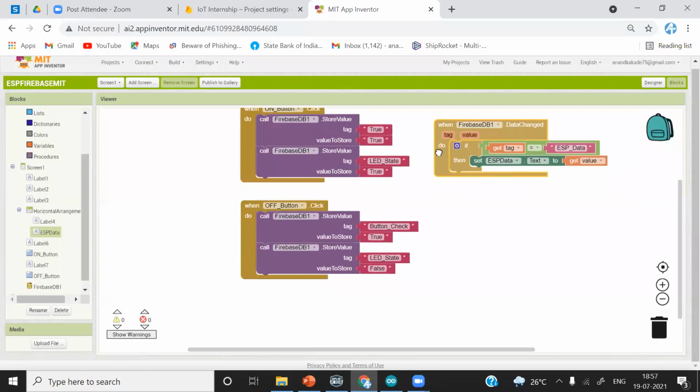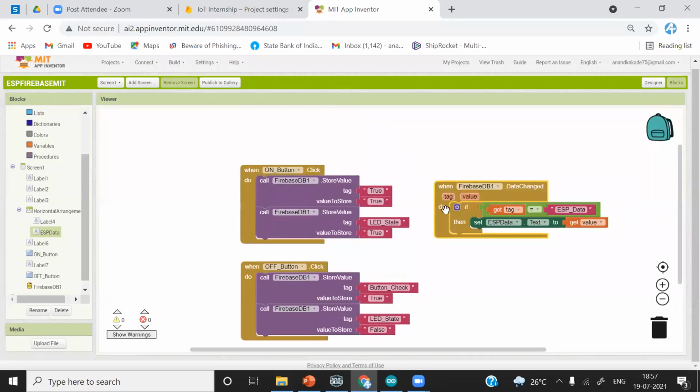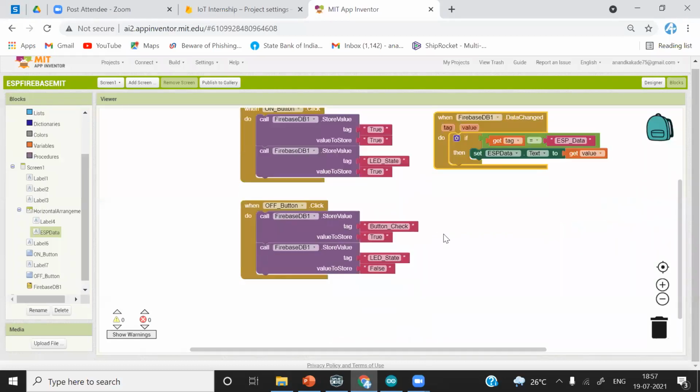Okay, the code is complete. It is partially complete. There are some components we also need to add. What I will do is first connect this app and see what happens, and then we will talk about the ESP8266 code.